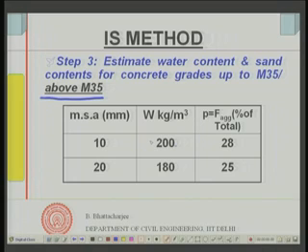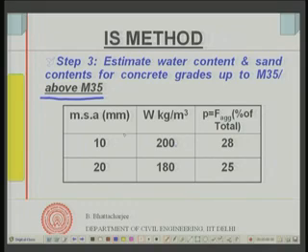Then next step we look into a correction. Because water cement ratio will never be 0.35, it will be something else, nor will it be 0.6 for concrete grade below M35. So, you have to have a correction factor for water cement ratio, a correction factor for shape of the aggregate, and a correction factor for workability, because these are fixed for specific workability. Okay, next table we explain the same thing.